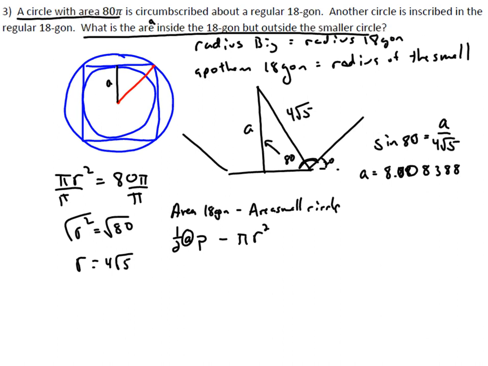We've also found the radius, so all we have left to find is the perimeter. The perimeter is going to be x, which is half a side length, times 36, because there are 36 half side lengths in an 18-gon. 18 times 2 is 36, there are 2 per side. So we do the same calculation, except now we're doing the cosine of 80 equals x over 4 root 5. We type in 4 root 5 times cosine 80 into our calculator, and that gives us x equals